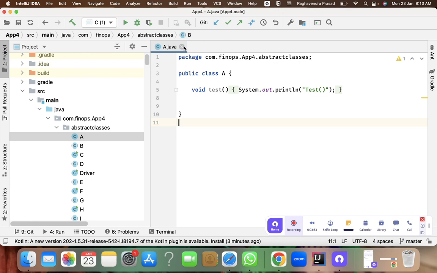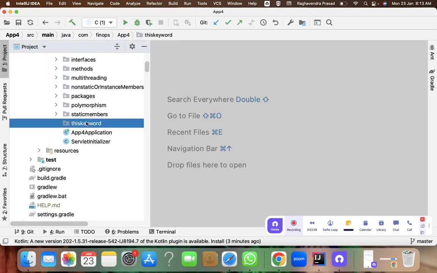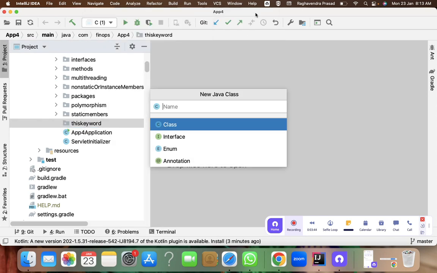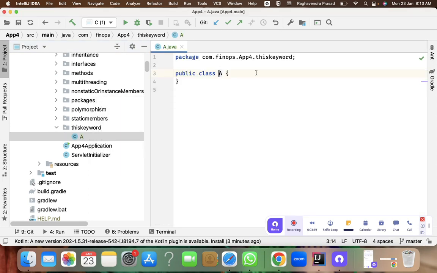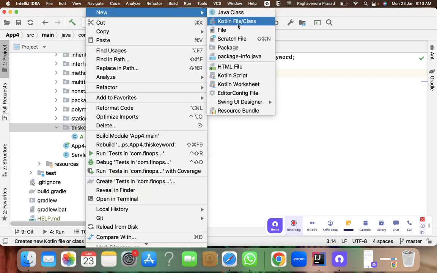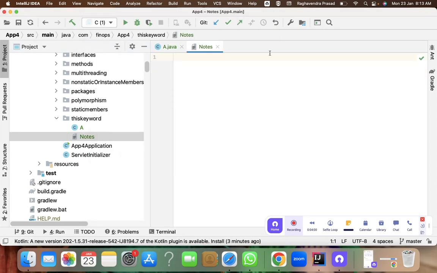So basically, we are not supposed to use this as a package name because this is a reserved keyword. This keyword is a reserved keyword in Java. Let's write some notes before we write the program. This, please see the spelling here. This is a keyword